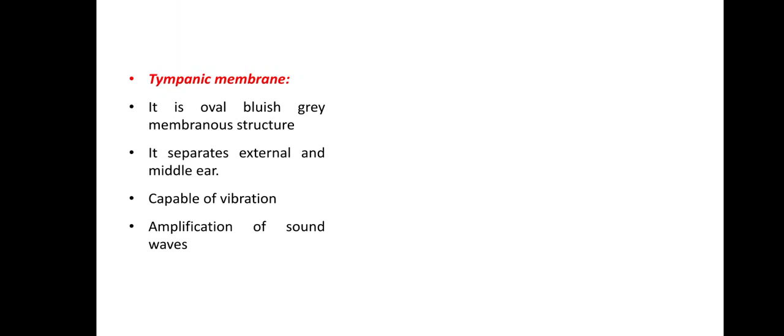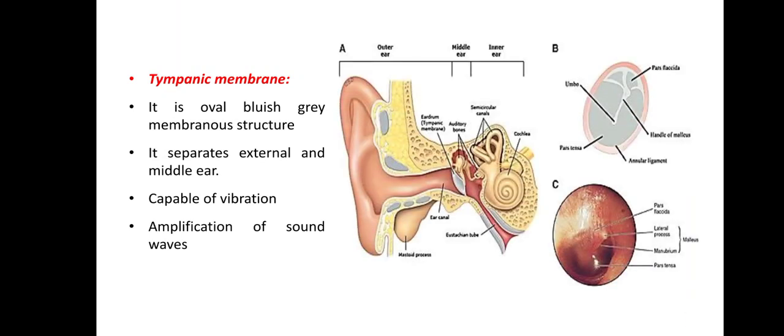Now look at this figure. Here you can find the eardrum, and actually this is the figure of a human ear. Look at the external ear pinna, which is made of cartilage and covered with skin, and there are some elevations and furrows. These elevations and curved structures are responsible for collecting more and more sound waves, and it leads into a canal which is known as the ear canal or external auditory meatus, and at the end of the auditory meatus you can easily observe the eardrum.